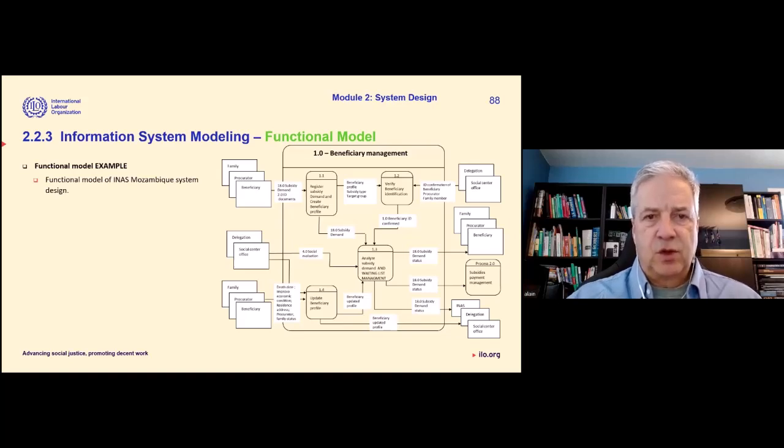So that's what you do with a functional system. You don't try to make it for the system to be programmed with. I mean, this will serve for the IT specialist to understand what you want the system to do. So this is kind of a requirement for the IT specialist. That way they will have a better understanding of what you want the system to do. That's why we have this kind of model.